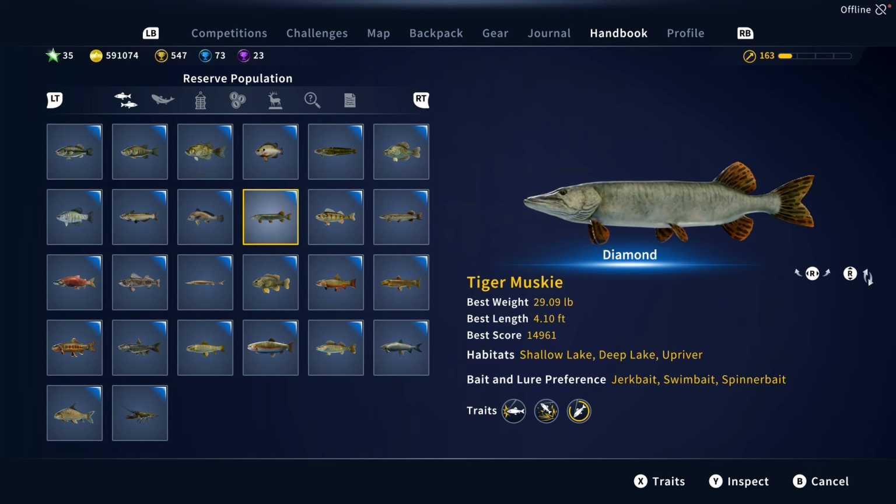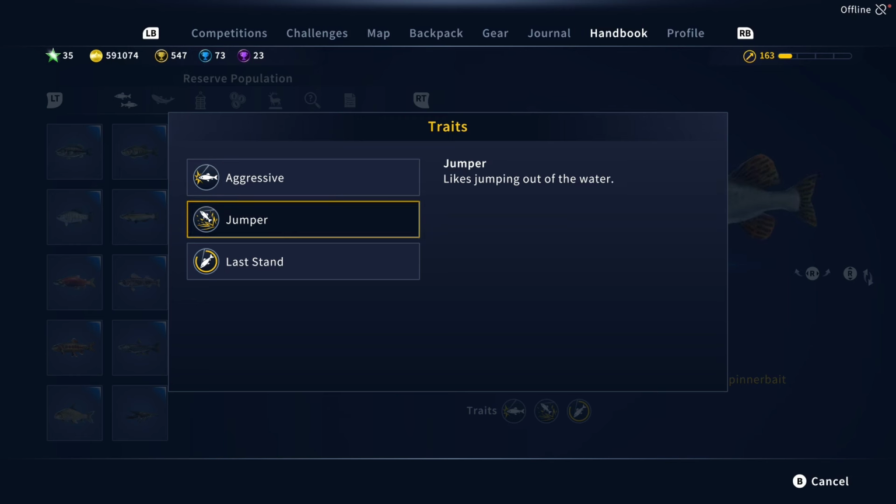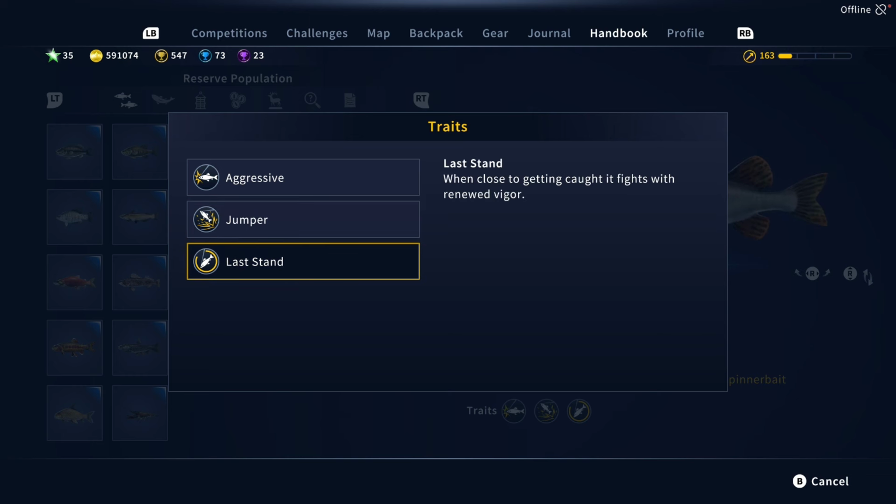Let's take a quick look at the muskie. For the traits, it is aggressive. There will be no nibbling, and that is true of the pike in the area as well. However, the crayfish will nibble, so we're going to ignore those nibbles. It is a jumper. Keep your eyes open for a big one and target it, and expect a hard fight